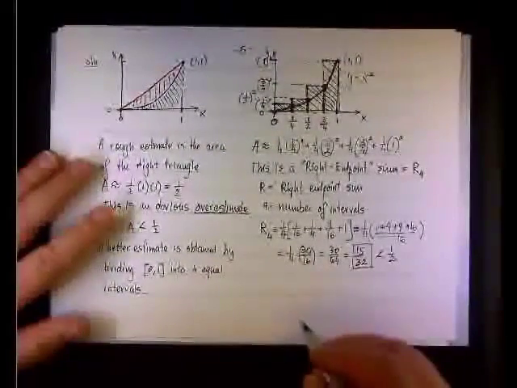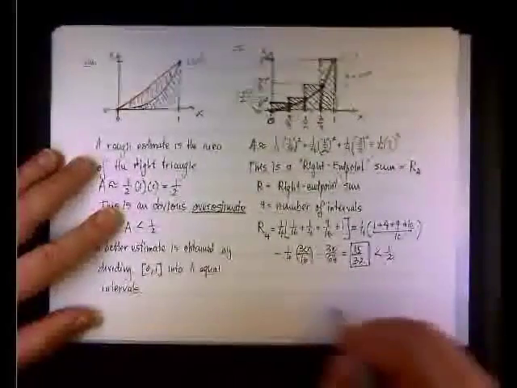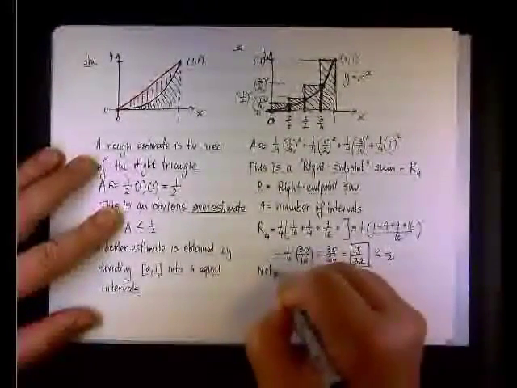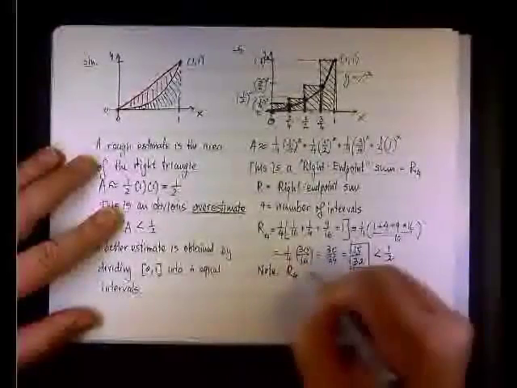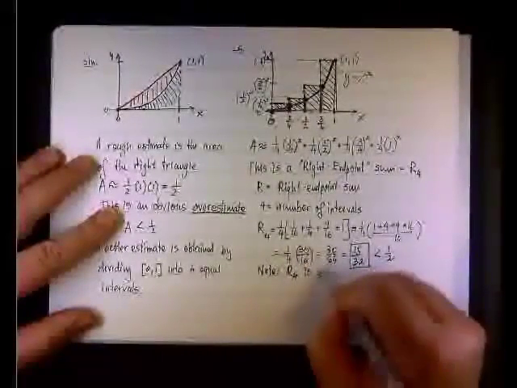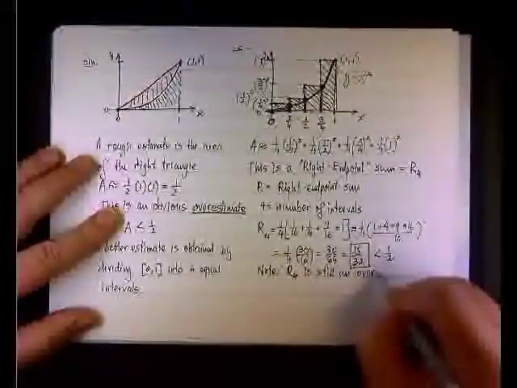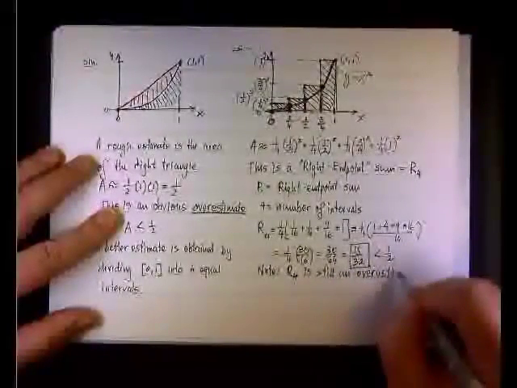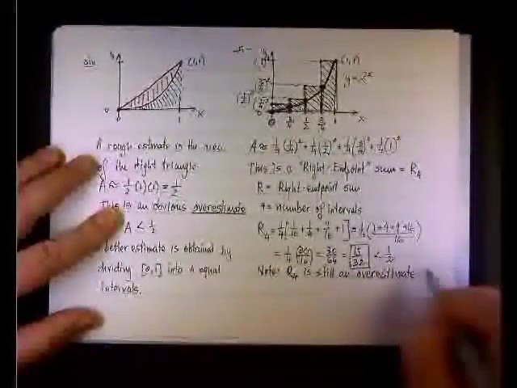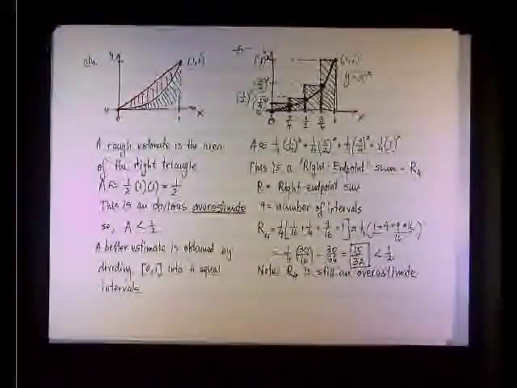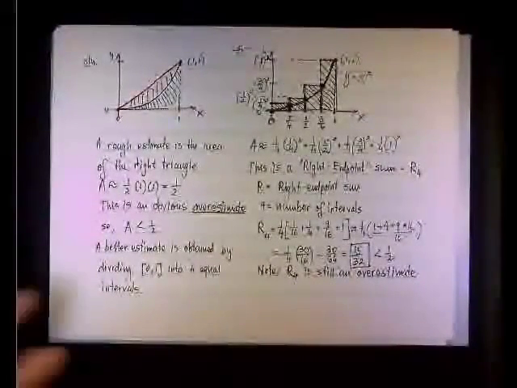So we're going to say, note here, R4 is still an overestimate. It is less than half, so it's better than the triangle. So what we're going to do next